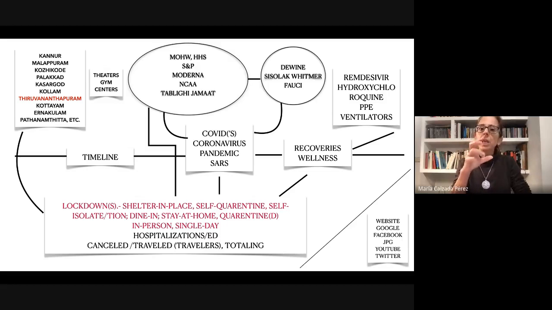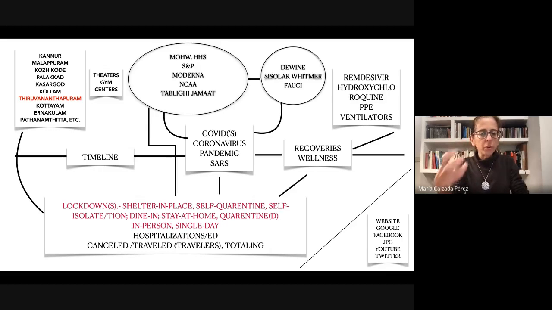So as you see, these are names that are certainly not European or Western, and are also names that are not countries, but are provinces, that are districts. You see, they get closer to the territory and they don't stay at the level of countries. You also have a set of keywords that refer to places that have been affected by coronavirus, like theaters, gyms, centers. At the bottom of your screen, you have important consequences of COVID-19.